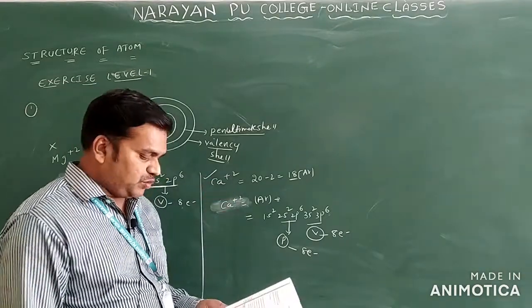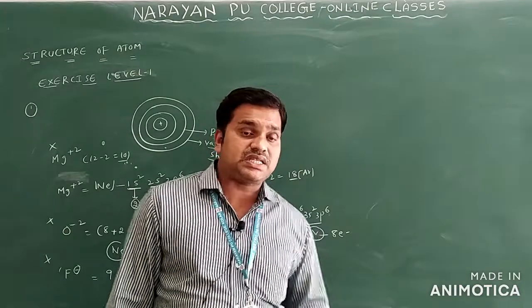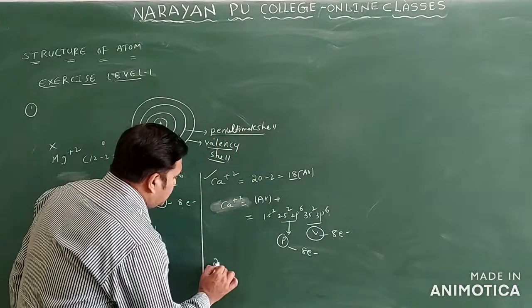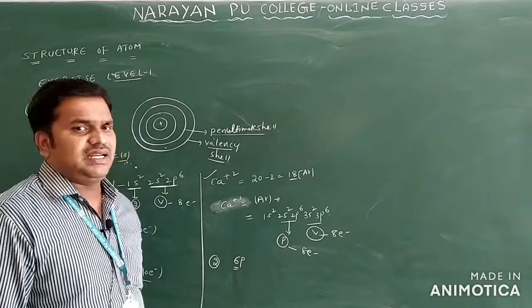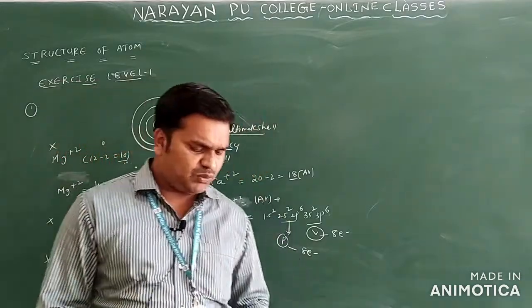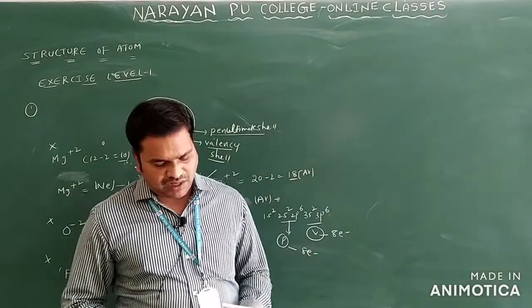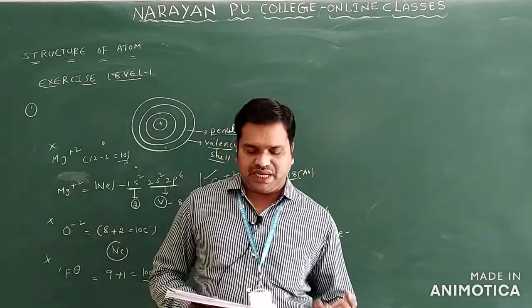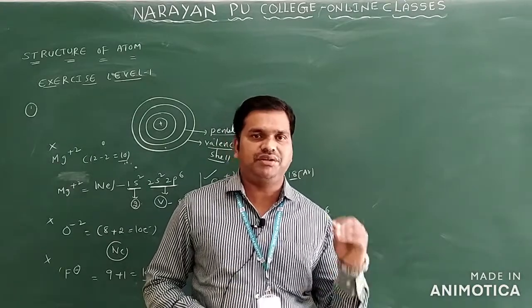Now we can see question number 2 we have. 6 protons can be found in the nucleus of which? See question number 2, they are asking about 6 protons. Atomic number is equal to Z. Z is equal to the proton number, we can say here. What is given here? Boron is given, lithium and carbon and helium. You see the atomic numbers. What is the atomic number of boron here? Hydrogen, helium, lithium, beryllium, boron 5.